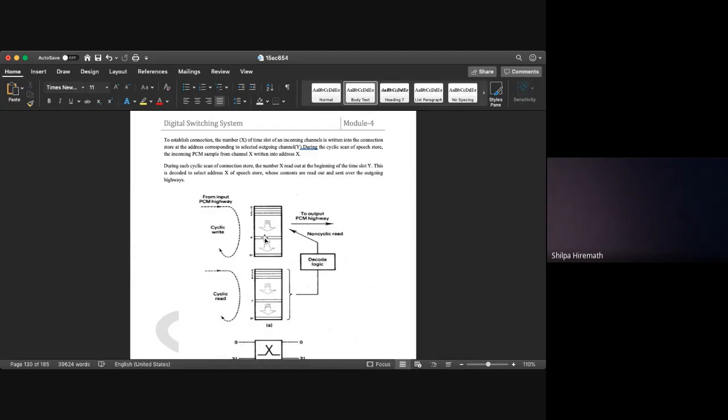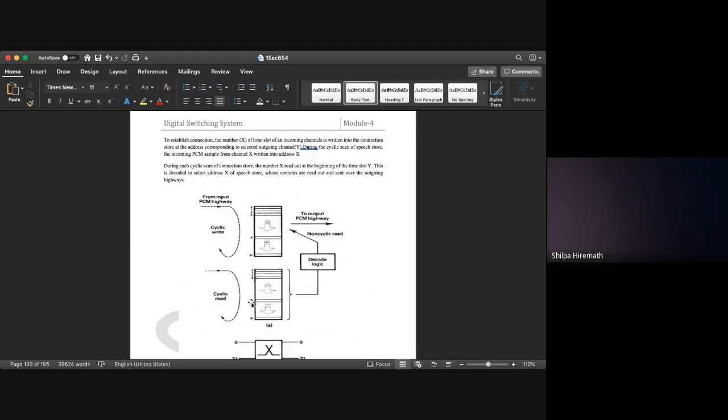Yes, let me consider A is the data that has been sent. So that A is stored at this particular location X. Now this address, that is the speech store address where the data is present, this X will be present in the connection store. Yes, here.